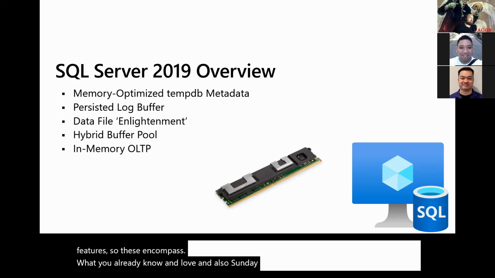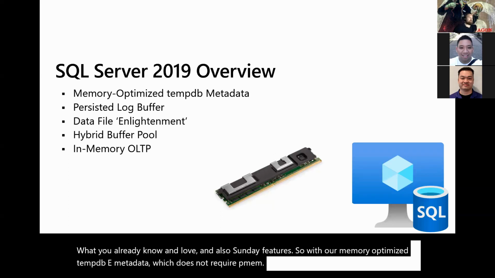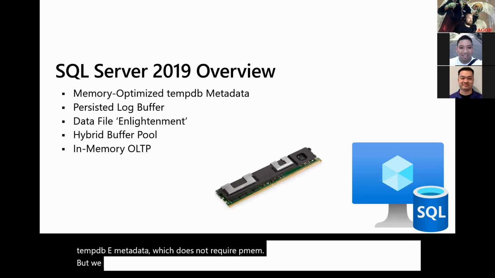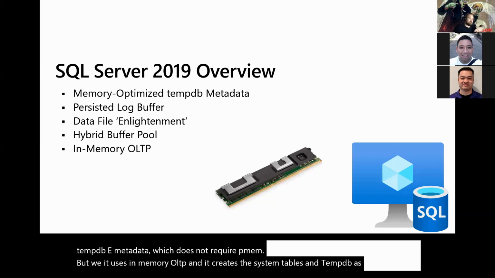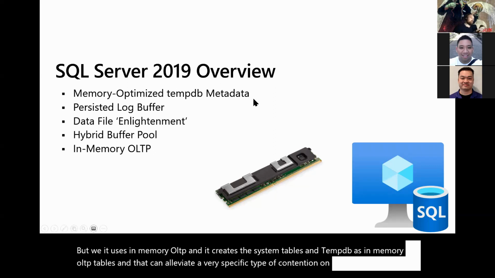We have our memory optimized tempdb metadata, which does not require PMem, but it uses in-memory OLTP, and it creates the system tables in tempdb as in-memory OLTP tables, and that can alleviate a very specific type of contention on those tables. We have our persisted log buffer,